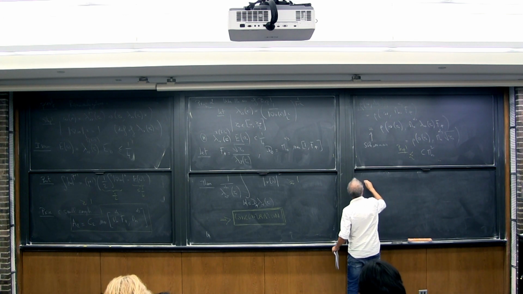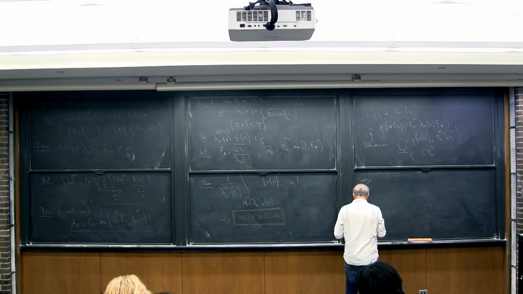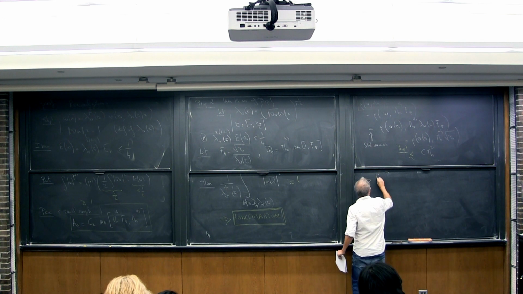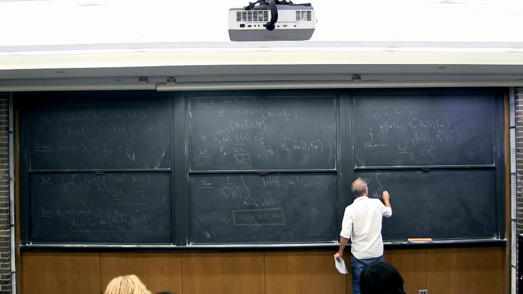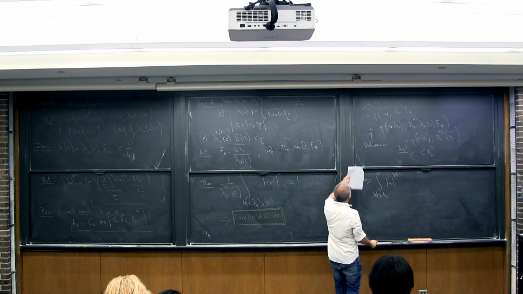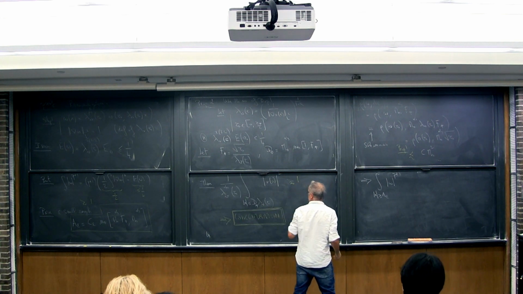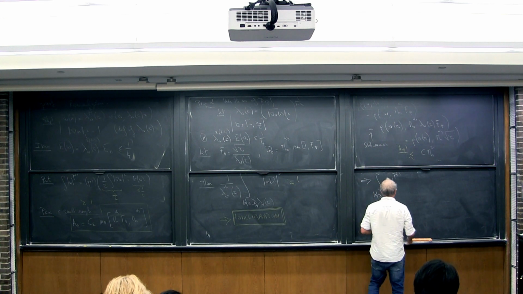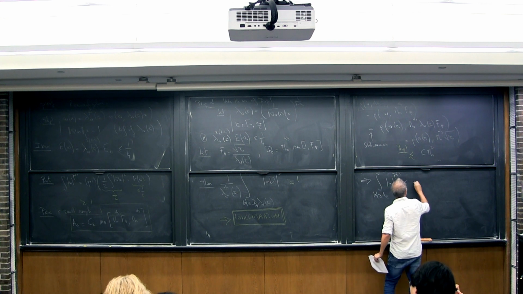So if this is the case, then you can estimate the far away. So if you look at the far away norm, you know, this is the point. This estimate allows you to understand what your omega looks like. So if you look at the far away norm, this is just my interpolation estimate.